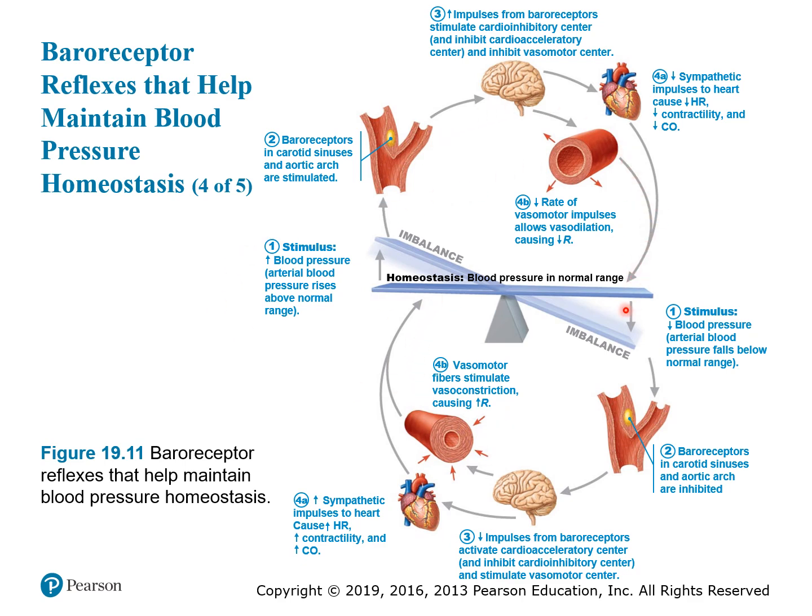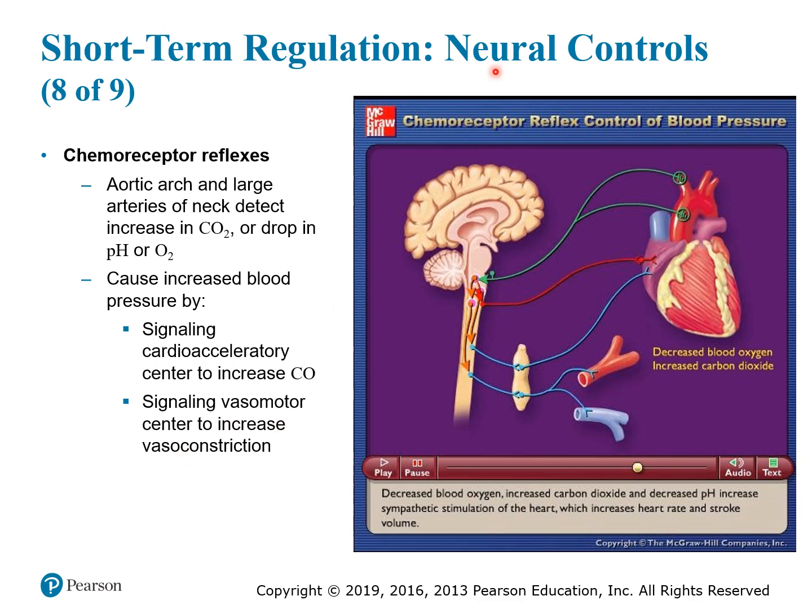So this is how the baroreceptors operate to maintain the blood pressure. And in the last part, over here we have increased cardiac output and total peripheral resistance, and this returns the blood pressure to the homeostatic range. And over here the cardiac output and the resistance are decreased, and this also returns the blood pressure to the homeostatic range. So in short-term neural controls, we have those cardiac centers which we went over, and then we have